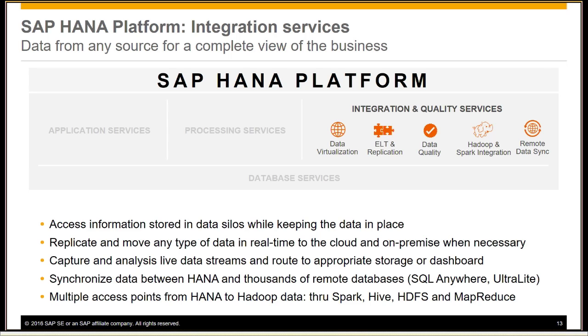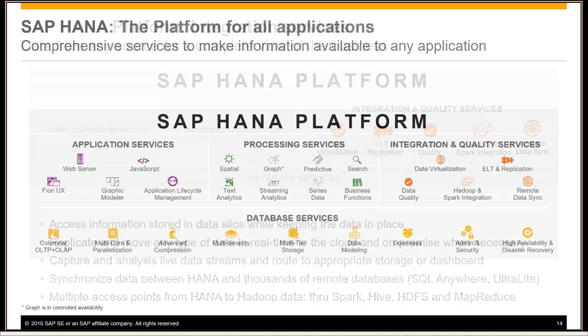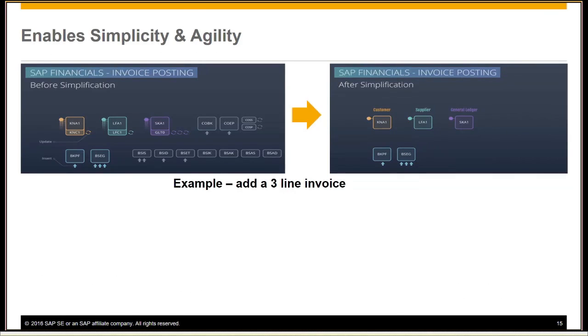Let us say the query is written in such a way that the computation makes sense to have done in the remote system, and fetch only the data that is required for the primary query into HANA. So SAP HANA is intelligent enough to take care of such distributed computing. So that is really a beauty behind it. Apart from that, the SAP HANA platform, as I said, provides all the integrations into Hadoop and Hadoop Spark frameworks. So with that said, let me give you